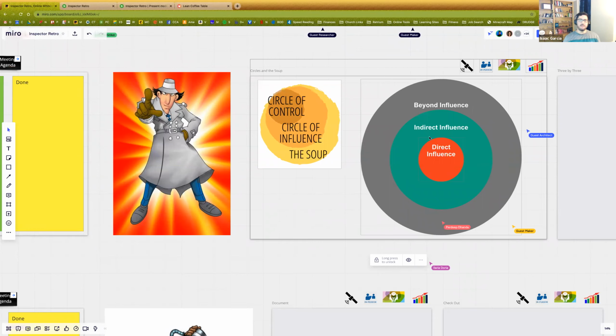Indirect influence is something that the team can't actually do, but they can actually influence. For example, we want to have a team lunch, and for that team lunch, we think the manager should buy us pizza. Well, the team can't buy pizza. They don't have a credit card to swipe for pizza, but they can put a request out there for their manager to buy the team pizza. So they can indirectly influence it by requesting the manager take an action. So that's something they have a little less control